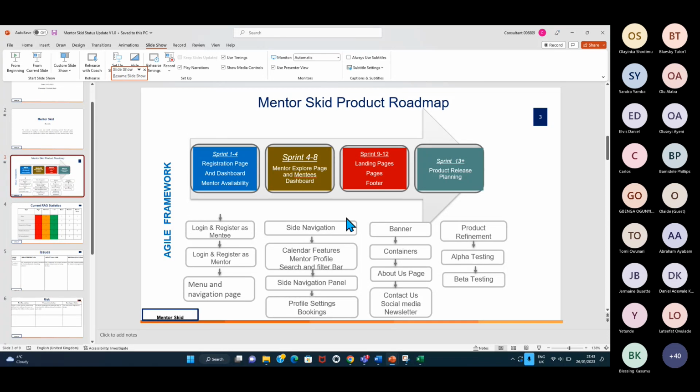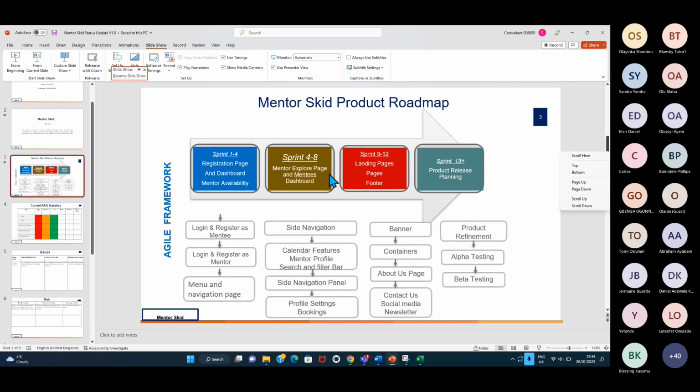Okay, can you see my screen? Yes, I can. Okay, so this is a roadmap which I created. With this one now, you can see this is what we're going to be doing: stream 1 to 4, registration, dashboard, whatever, mentor availability. This is what we said we want to create in the next one too. I'm going to reduce this one because it's just too little for us to do within a sprint, 4 sprints. So I'm going to change this one, but I'm just giving you an example that you might say this is sprint 1 to 4. These are the things we need to create,